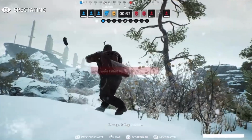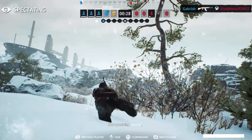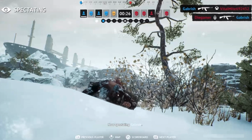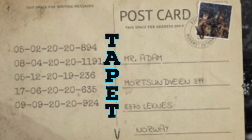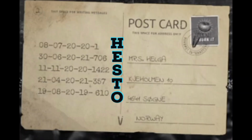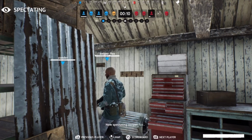Alright, for the rest of you who are still here, let's get right into the conclusion of this puzzle. So, by using the pattern I just said, you should be able to find for each postcard the following answers. TAPET, HESTO, RYTOG, ETHER. All of these messages by themselves mean nothing, but if you put them all together, it writes out,